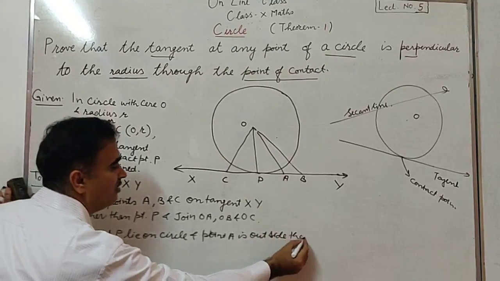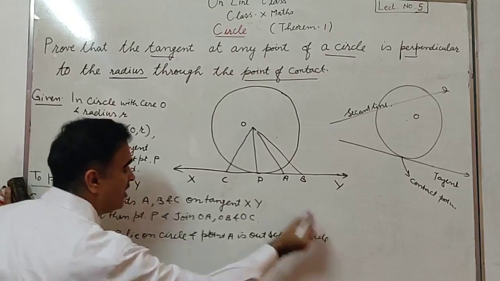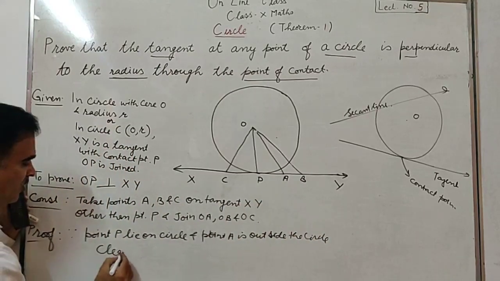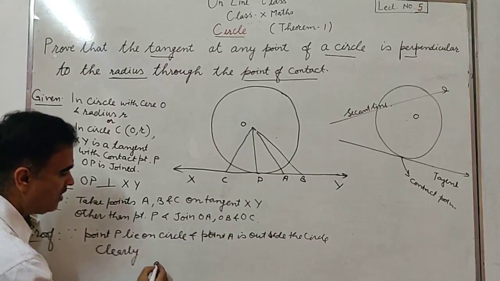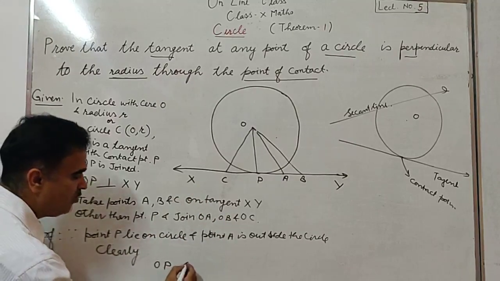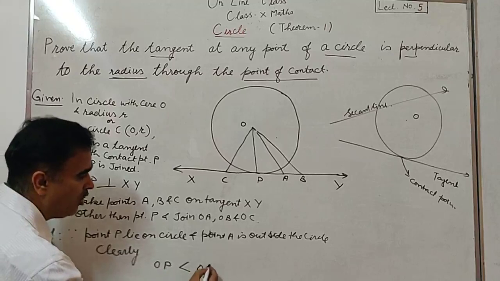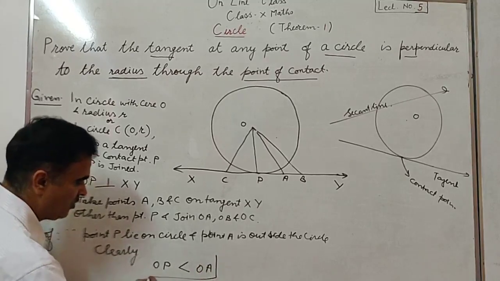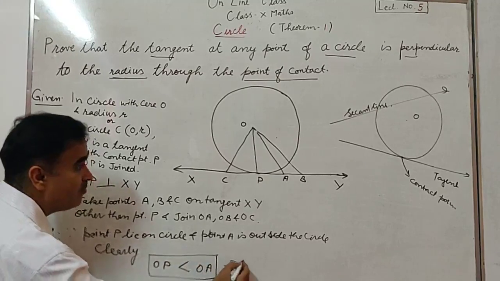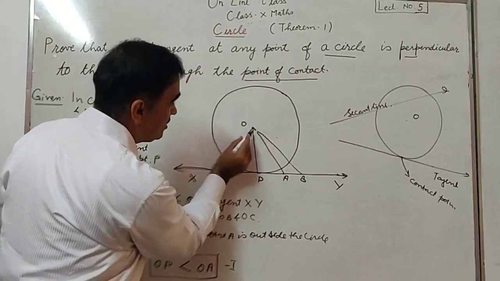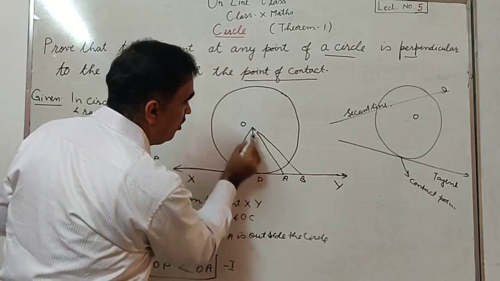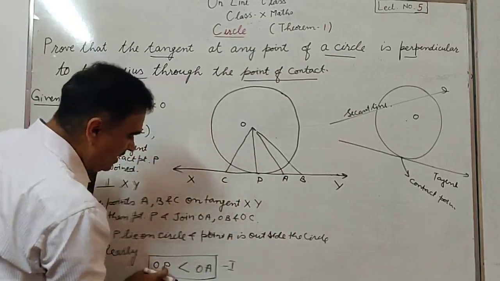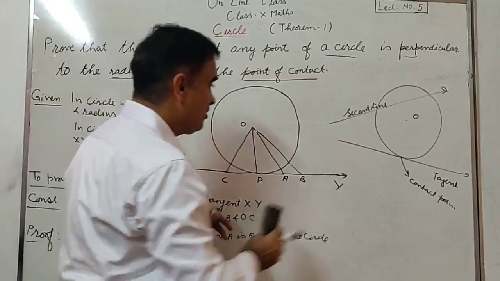Clearly, from here, what do you get? This OP is smaller than OA. This is a very important point I am telling you: this distance from O to P and this distance from O to A, OP is smaller than OA. Similarly,